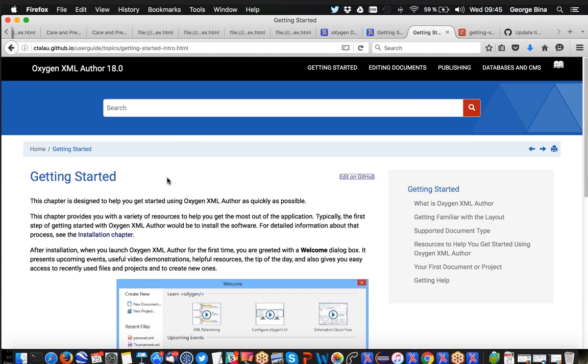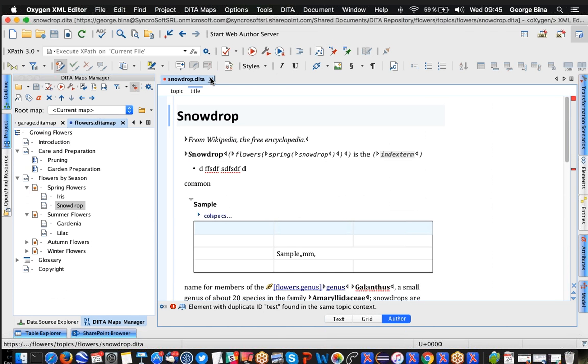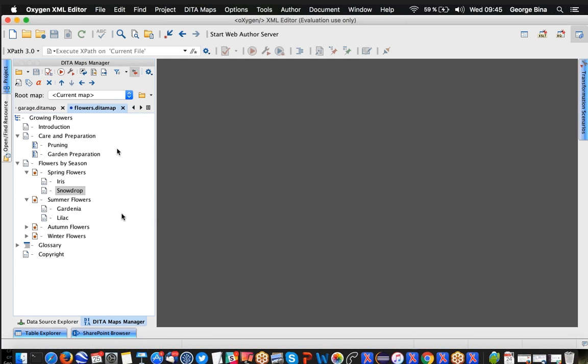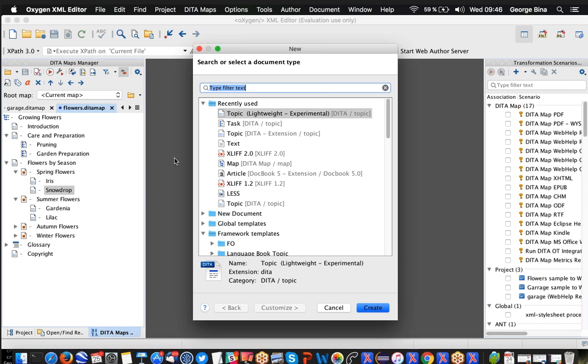Another interesting part that we've been working on is the support for lightweight data, which shows a little more of the functionality from Oxygen that tries to involve other people, not necessarily technical authors, in creating and contributing content. That is available both in Oxygen